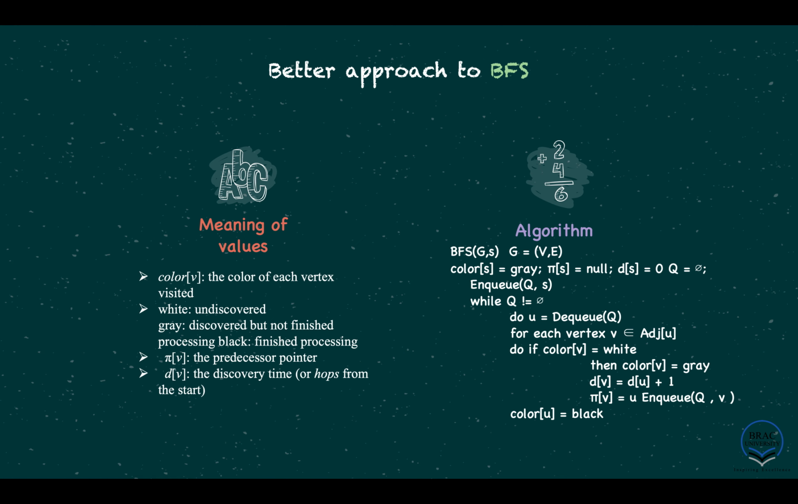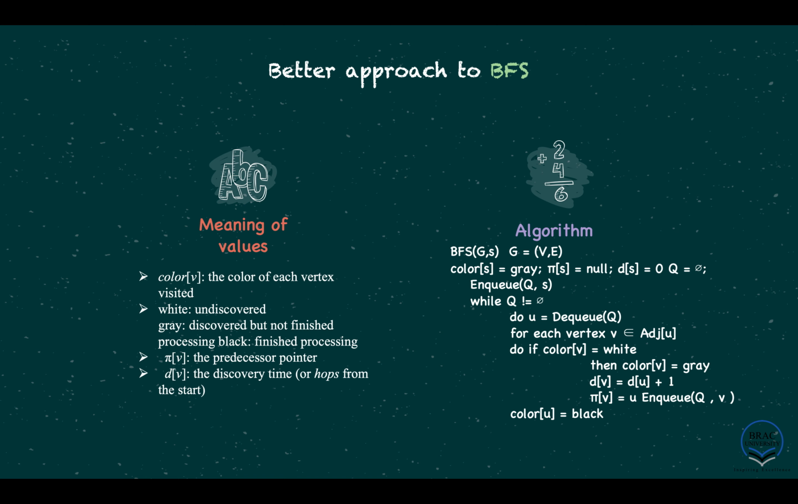Before moving to the algorithm, let's see the meaning of the values. Color V is the color of each vertex. White means undiscovered, gray means discovered but not finished processing, black means finished processing. Pi V means the predecessor pointer, that means where the pointer is staying at this moment. D V means the discovery time or the hops from the start. So, the BFS